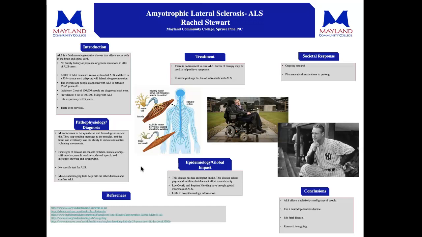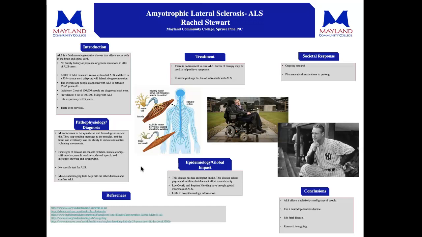I also found it interesting that a French neurologist was the first person to discover ALS in 1869. ALS can affect anyone, anywhere, and at any time. The thing with ALS is that nobody has the answers, which we will talk more about. But no one knows anything, basically, even after all these years of research.